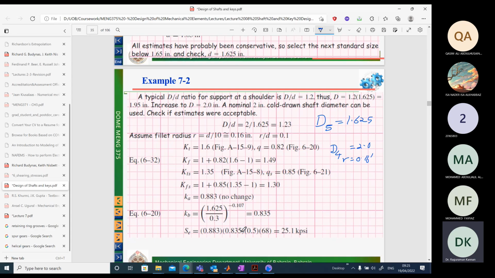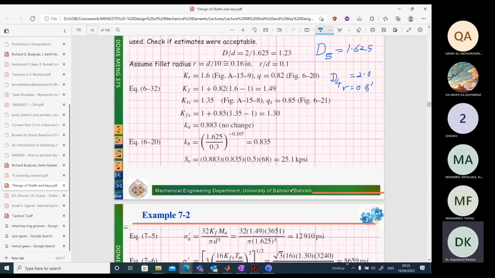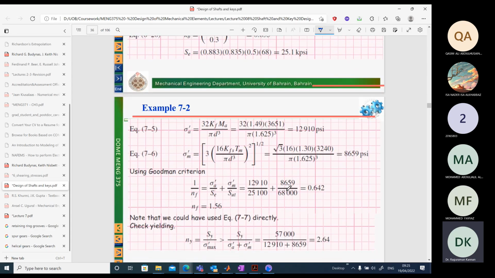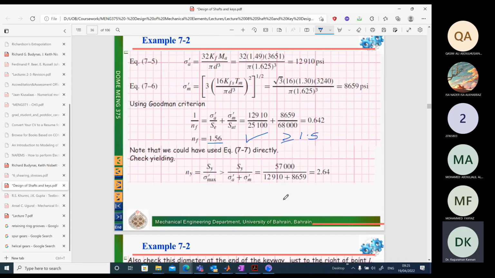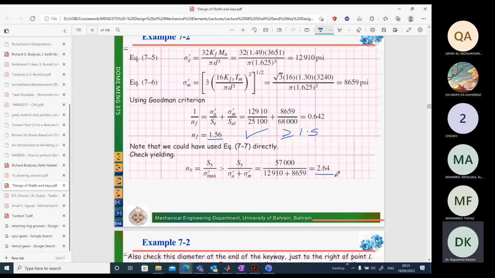Again, he is estimating based upon these calculations what the SE value is. He gets 25.1, and then he is calculating the fatigue factor of safety using Goodman criteria, 1.56. So this is fine. Since it is greater than 1.5, remember, the required factor of safety should be greater than or equal to 1.5. Since it is greater, our calculations are okay. He is also checking for yield factor of safety. This is also fine, which is greater than 1.5. So the calculations are fine